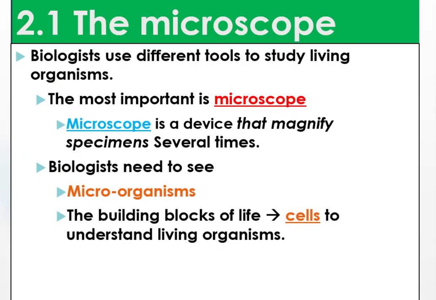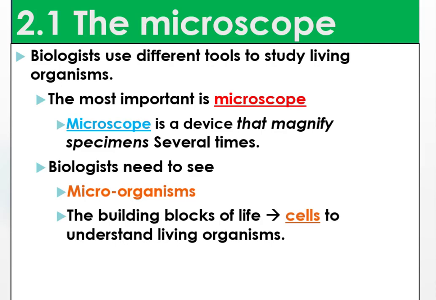Okay, let's get back to the microscope. Biologists have used different biological tools to study living organisms in a given environment. The most important device that biologists have been using to study living organisms in our surroundings is the microscope. A microscope is a device that magnifies living specimens several times. In this case, biologists can see microorganisms and the building blocks or fundamentals of life, what we call cells, to